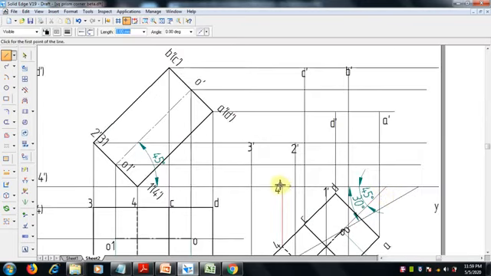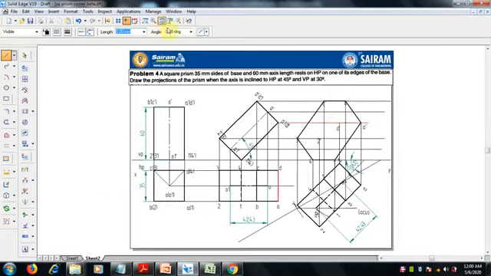So here I can join 4 to 1, and now 1 to A here, A to B here, B to C here, C to 3, and 3 to 4. So 1 to 4, A, B, C, D, this is the outer boundary, we can get it. Once you finish it up, then it is easy to understand everything.